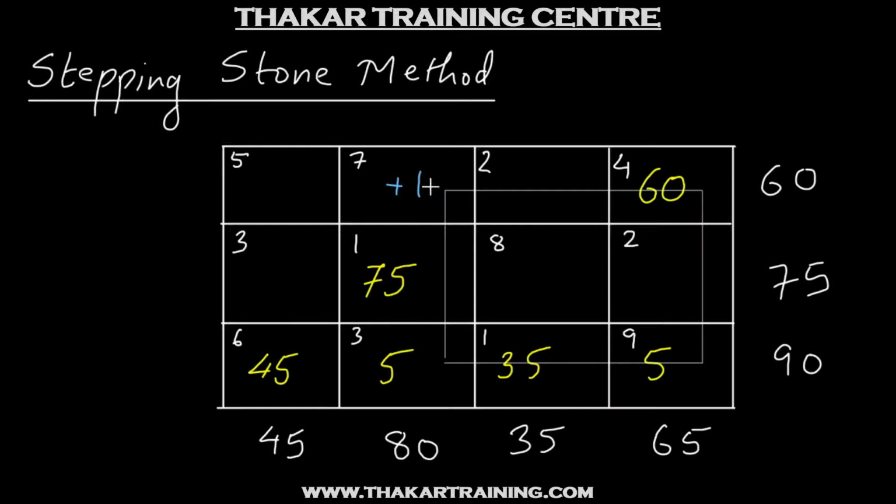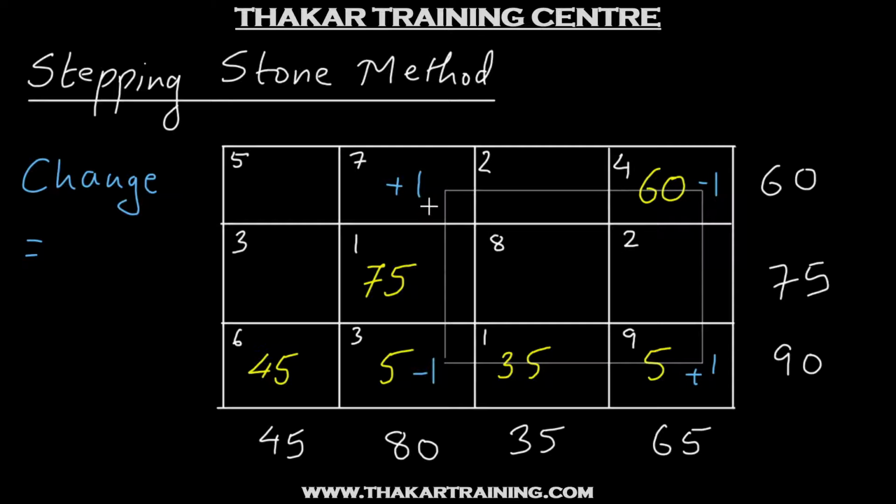Since we are allocating 1 unit to this cell, to have the first source condition satisfied, we need to reduce this allocation by 1. Now if we reduce this allocation by 1, this allocation should increase by 1 so that this destination requirement is met. And if this is increased by 1, this allocation should reduce by 1 so that this source condition is satisfied. And automatically we can find out that this destination requirement is met. So in simple terms, what we are doing is we are just adding and subtracting 1 unit alternately as we move along the loop. This ensures that the rim conditions and the non-negativity constraint are satisfied.